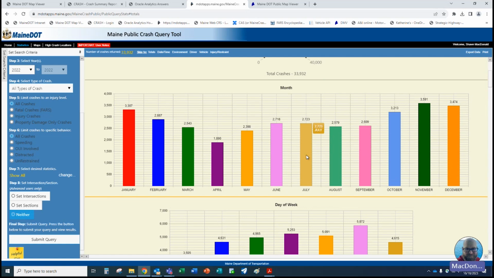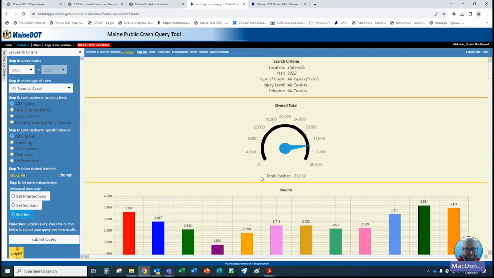Sometimes you're looking for crash information, you're just looking for peak season, from May or June until August, and that's the area you're focusing on. So it allows you to look at that data in some different ways. The next thing I'll show is the export data. When you select that export data button, it creates an Excel file for you in a CSV format.